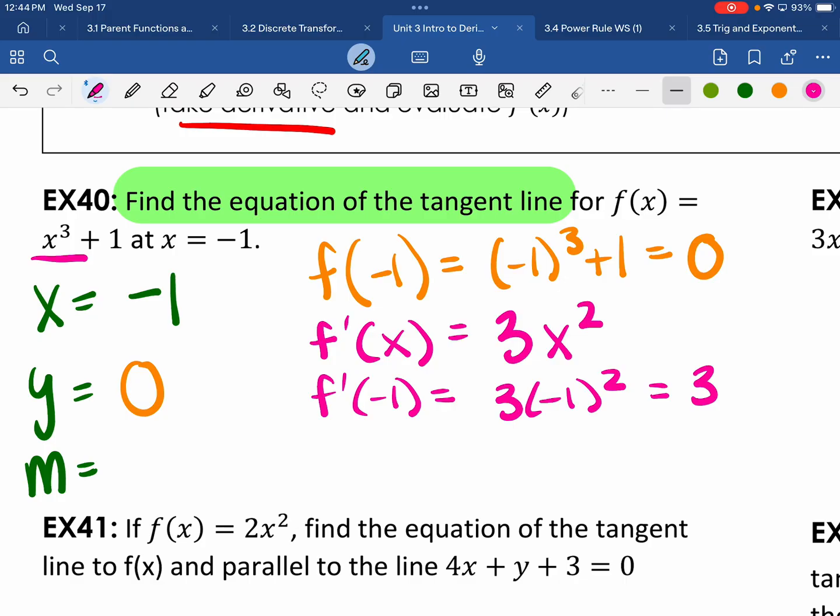So it's 3. So 3. All right. Now that I have x and y and slope,